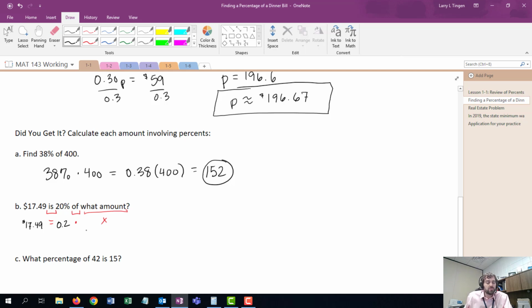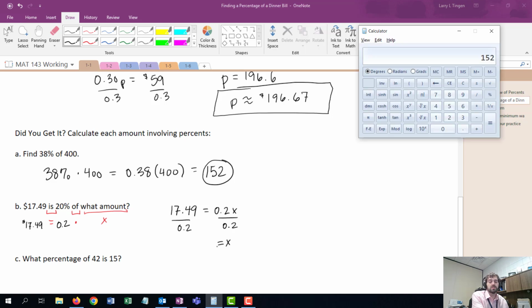If I want to do math with the 20%, I have to convert it to a decimal. And I have a problem very similar to the one we just did 2 times ago. 17.49 is 20% of some number. What is that number? Divide both sides by 0.2. And we find x is what? 17.49 divided by 0.2,